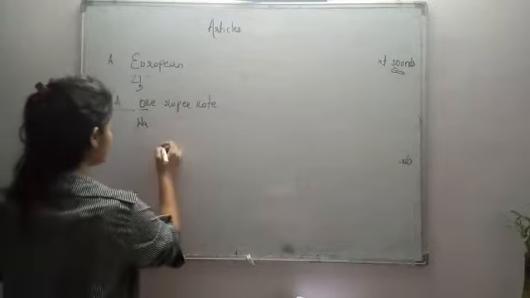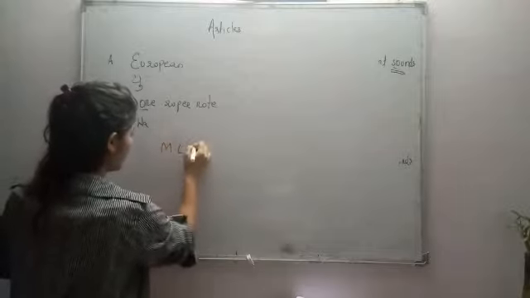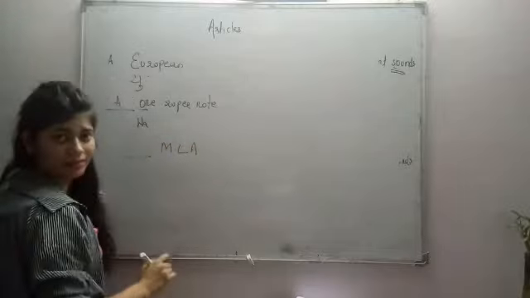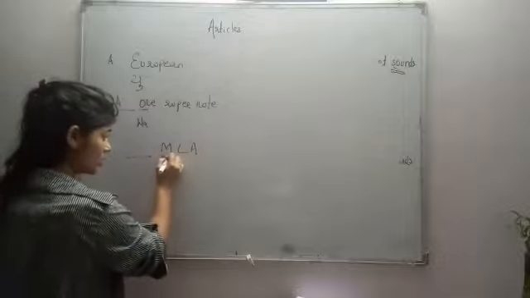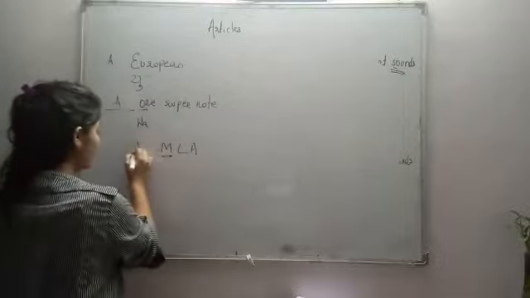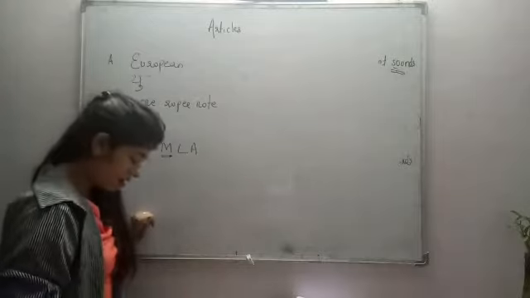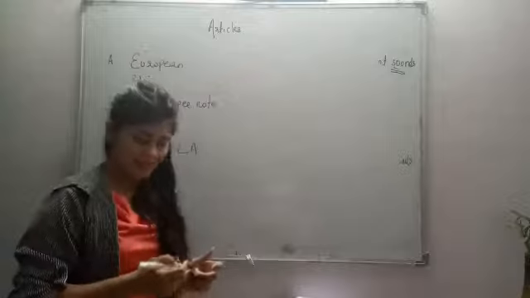Okay. When I say MLA, now what will you use here? This is consonant, but the sound is A, which is a vowel sound. So that's why you will be using here an MLA. So these are the usage of A and AN.